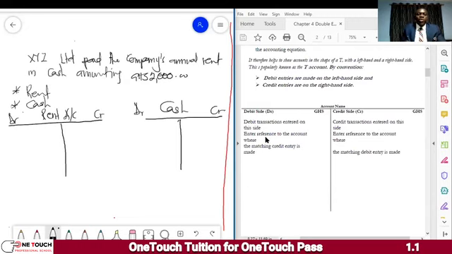Now, XYZ Limited paid the company's annual rent in cash amounting to 2,000. What does it mean? If you pay money, it means that your cash available will reduce. Okay, good. And you have created what? An expense, because you have paid for rent, and rent is an expense. As you are paying, you'll be giving out money. Okay, good. So now we said that